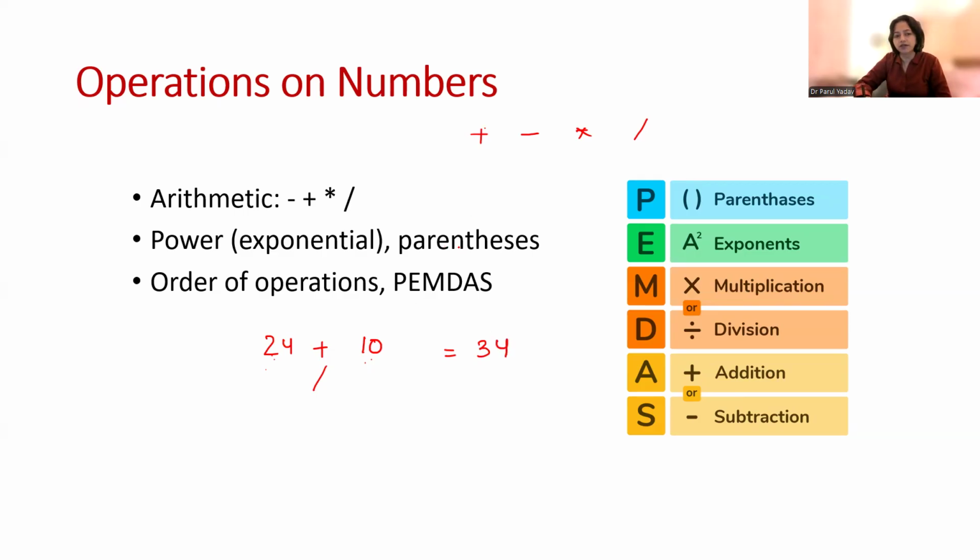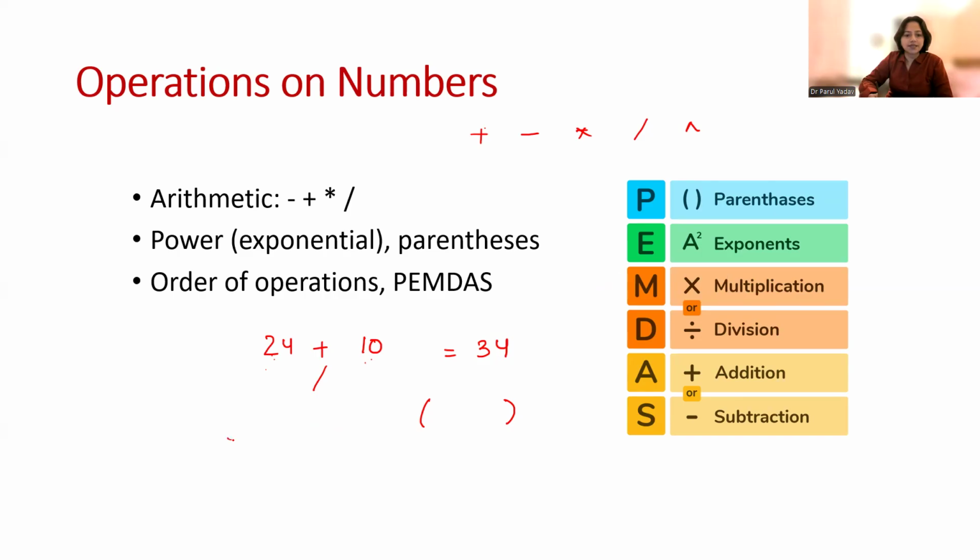Similarly, we can have other operators as well, like plus, minus, multiplication, division, or exponential, right? And sometimes in arithmetic equations, we have parentheses also. We do the parenthesization to change the ordering of the computation. So, for order of operations, what should be the order of computation when you have multiple operators in an